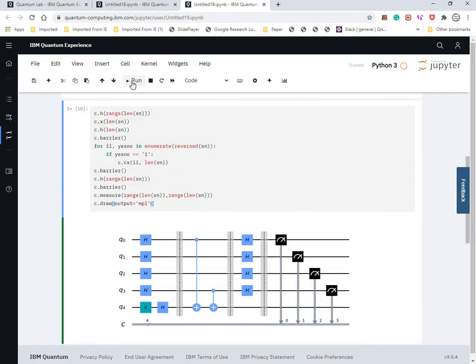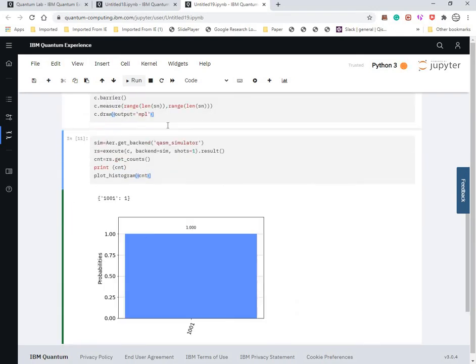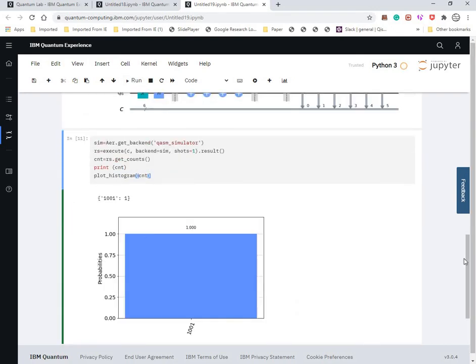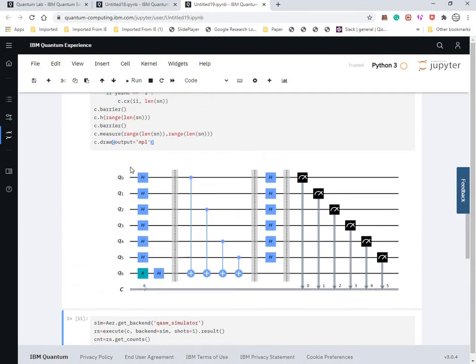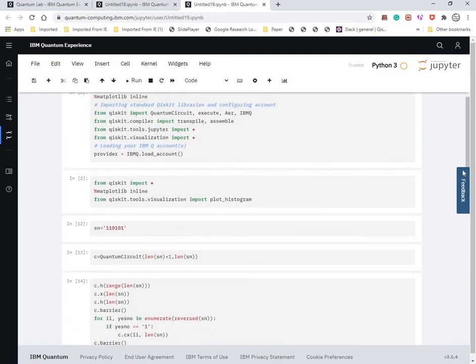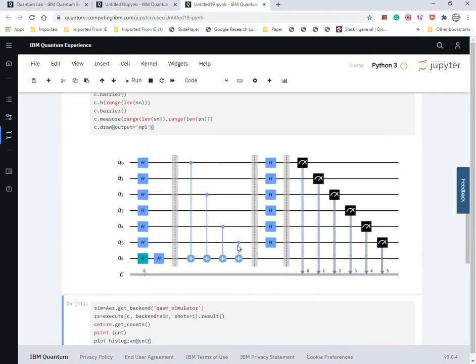When I run this circuit, let's see whether the circuit is updated or not. Yes, as I use the general program, we can see that there are 6 qubits, and the result is 1 0 1 0 1 1, but we have to count from the last position.